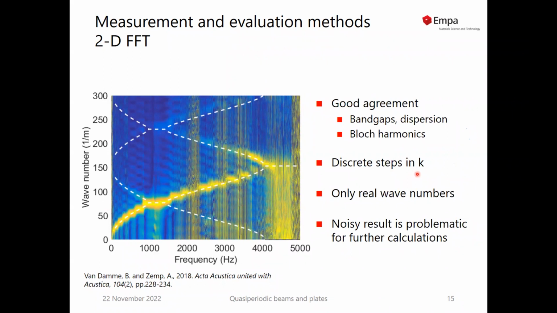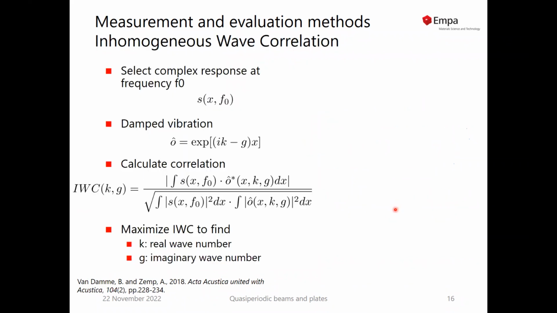The main problem here is that we have a fairly rude discretization in the wave number domain, which is based on the length of the sample we can measure. And it only gives us information about the real part of the wave number. So a somewhat more interesting evaluation method is called the inhomogeneous wave correlation method, where you take the vibration pattern at a